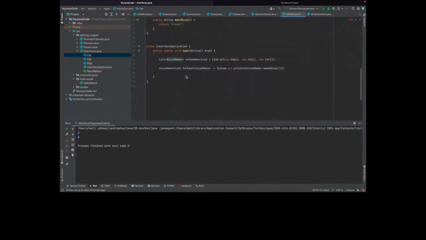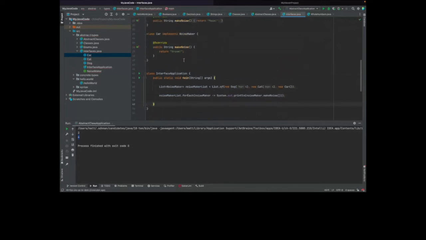And what I can do is it means that I can have a list of things that can make noise and only deal with the things that implement noisemaker. And so I could have a list of things that make noise here, a dog, a cat, a car, and then I could loop them through and say, make the noise. So if I run this function, I can say, okay, it's going to bark, it's going to meow, it's going to vroom for all of the things.